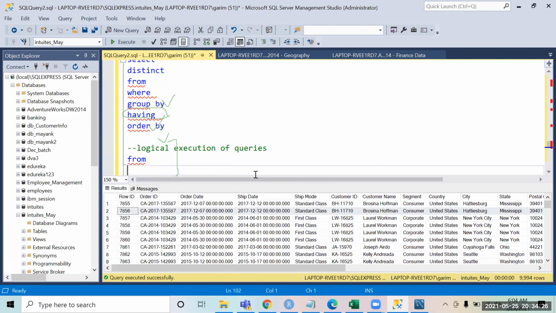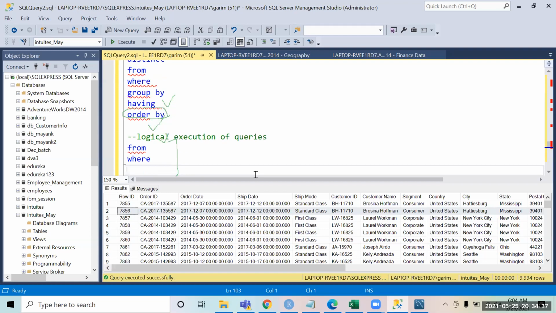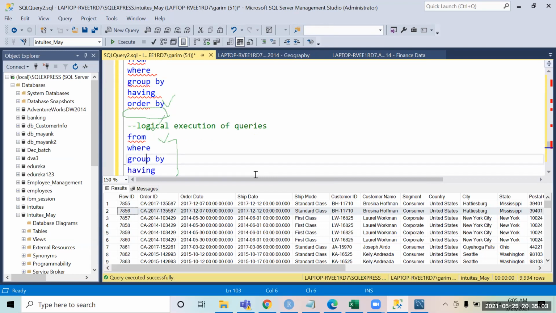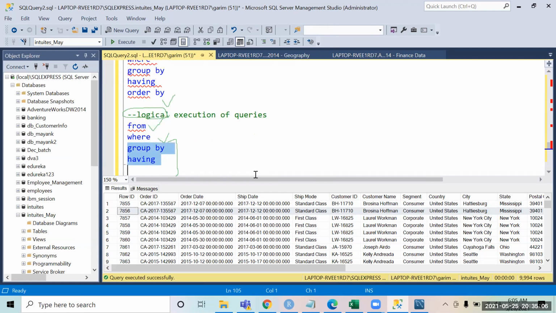Then it is going to execute WHERE. On this table you have applied a condition that only this much data has to be kept. After that, it will do the grouping. In the grouping, you are partitioning the data, deciding how the data has to be broken up. When you say group by region, it says, let me break the data into 4 parts because the user wants the data grouped by region. And because HAVING comes over here, these two, GROUP BY and HAVING, come together.